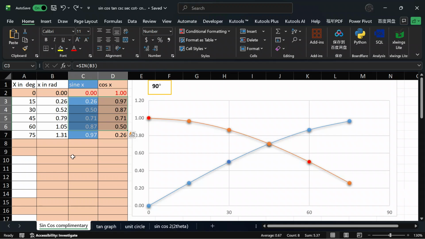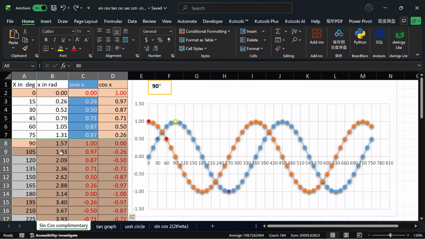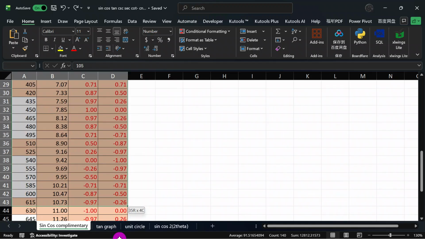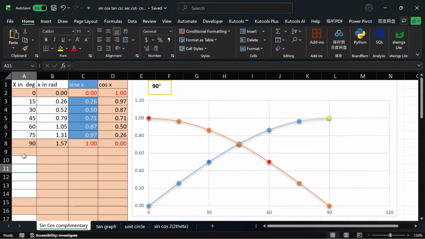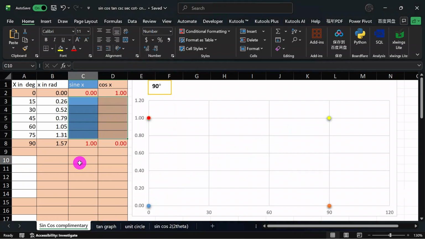I know it doesn't matter because we're not cutting at the 90. For better illustration I shall clear the data points exactly at 90, and then we can clear out the data points. You can see this is a